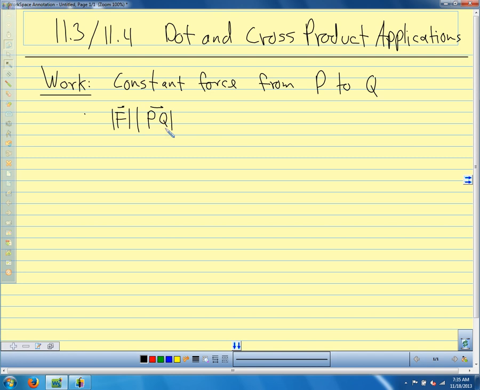So if our force is acting in the direction of travel, we just multiply the magnitude of the force times the distance that it travels, and that's our work. So I'm going to say W here. If F is not acting in the direction of motion,